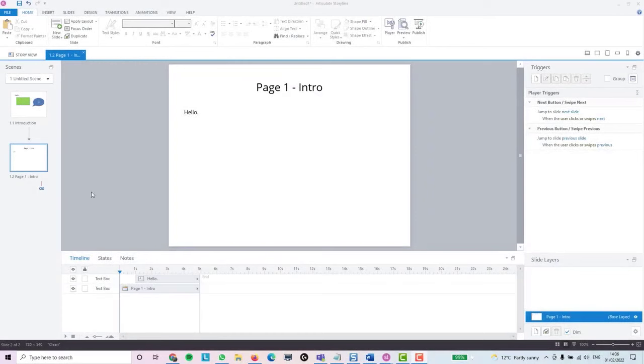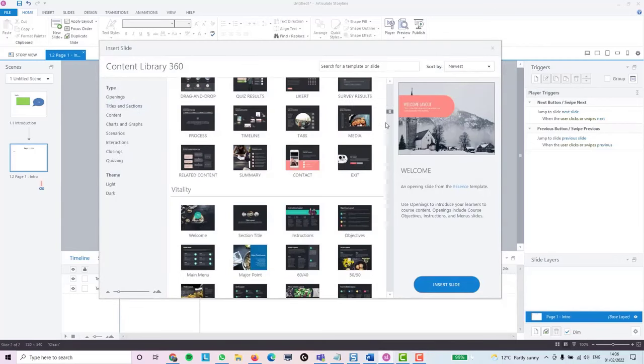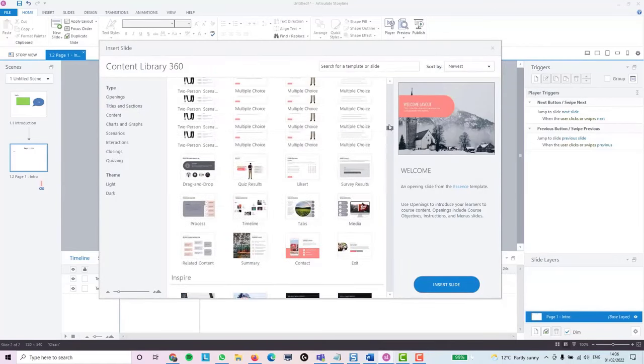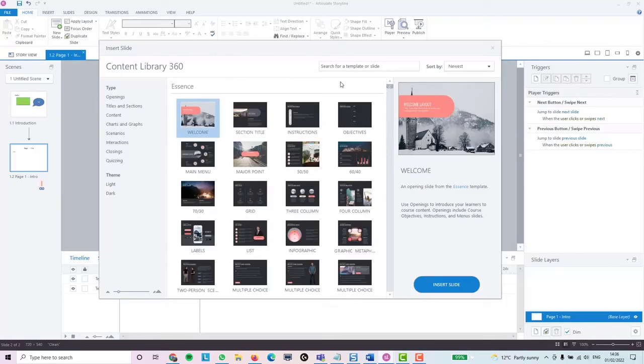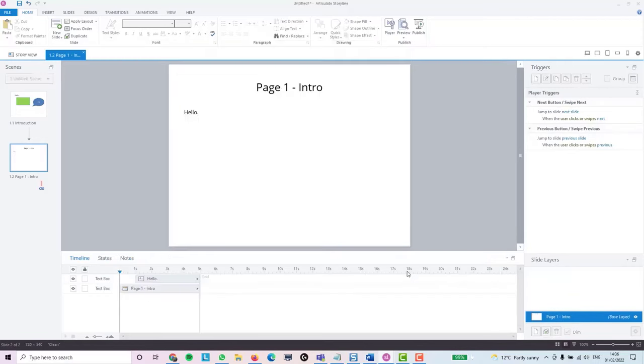I'm going to show you the templates. So I'm going to add a new slide from the Content Library 360. So this content library is all of your templates. You've got lots to pick from. The first time you use a template from a particular section, it will take a little bit of time to load. So always give it a chance to load. But I could add in a title slide, for instance. So I'll go for this one here, insert slide, give it a moment,